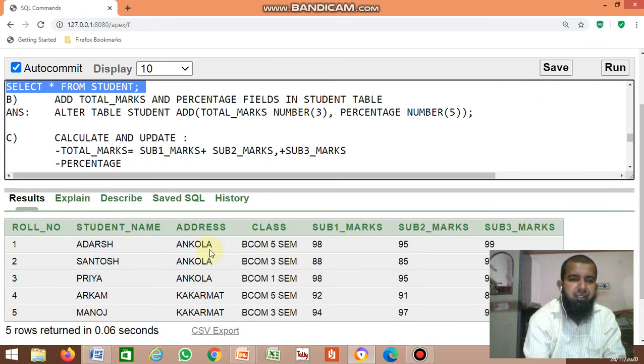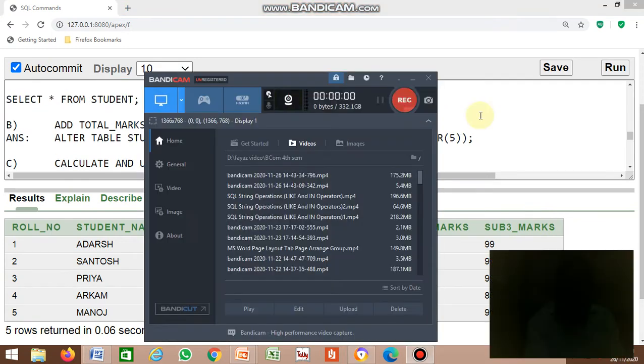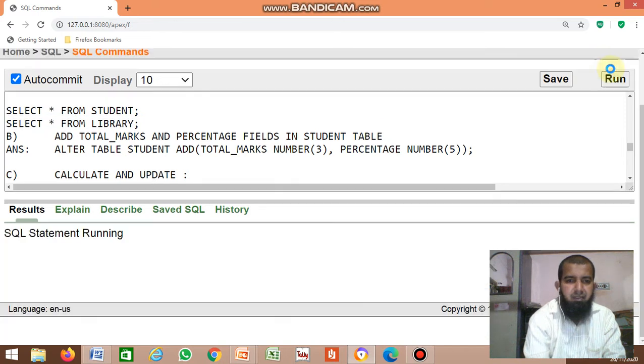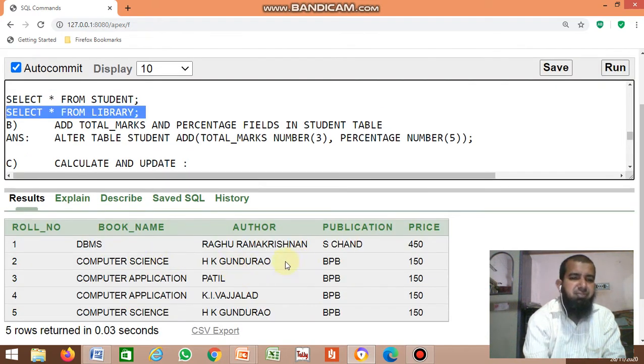Okay, we entered 5 student details: name, address, class, subject 1, subject 2 and subject 3. Then similarly library: select star from library. Okay, this is the library table.